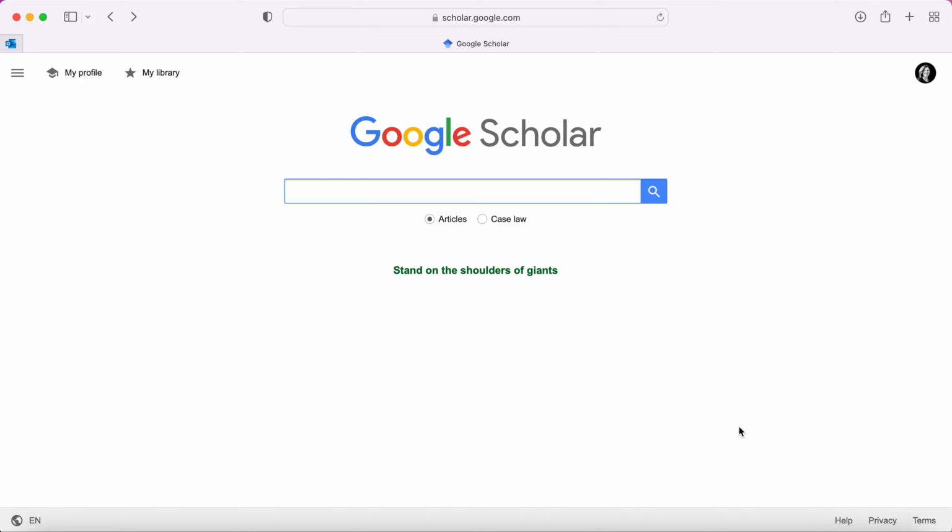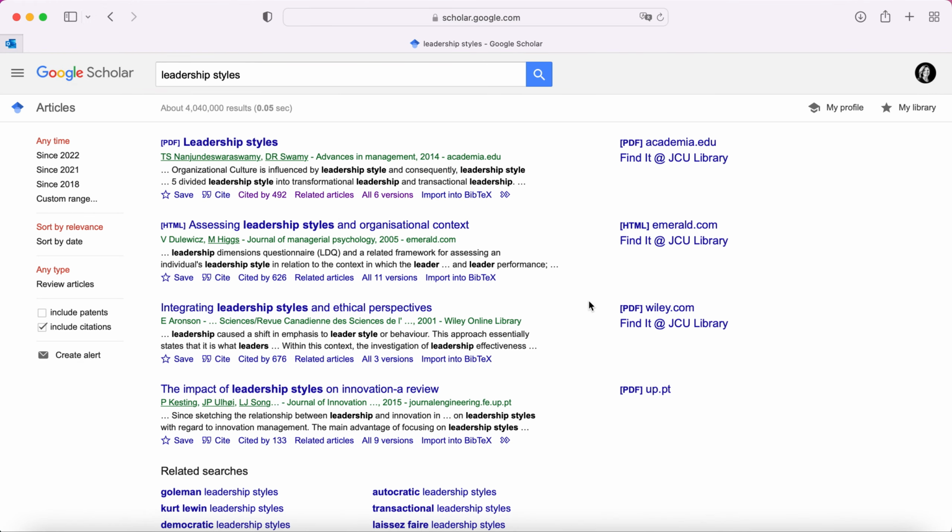So first of all, let's go into our Google Scholar search, and we're going to look up leadership styles. So we're imagining that we've been given an essay on leadership styles to write, and this is what we would bring up. So here we go. We have all these different